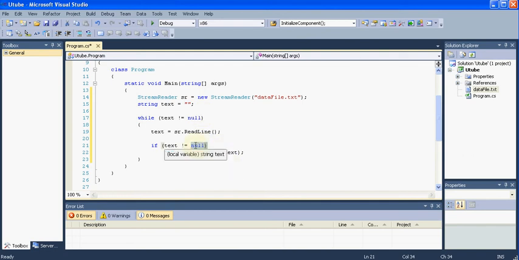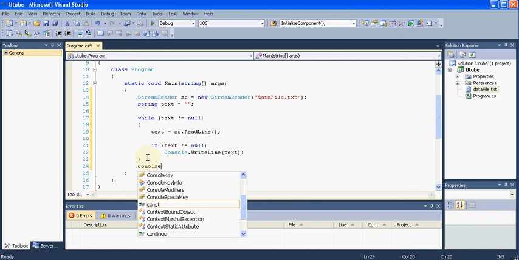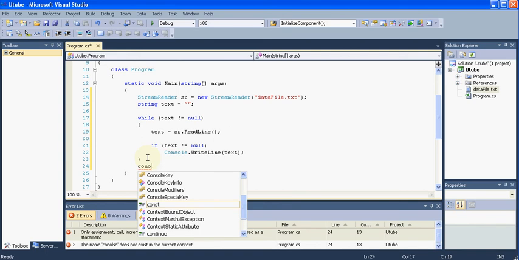Null means indeterminate. So if the value is indeterminate, or if the file has been read till the end, we will just come out of this while loop. When this condition fails, that means when text is equal to null, then this condition will fail, and we will come out of the while loop. And what we will do after coming out of the while loop is simple. We will say